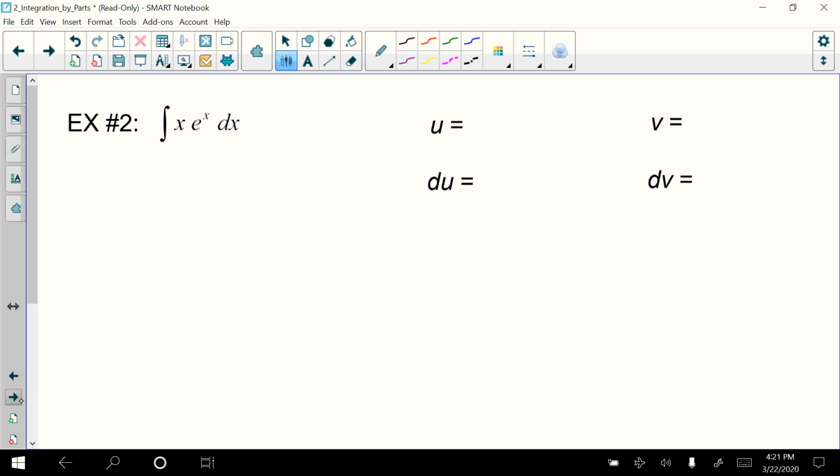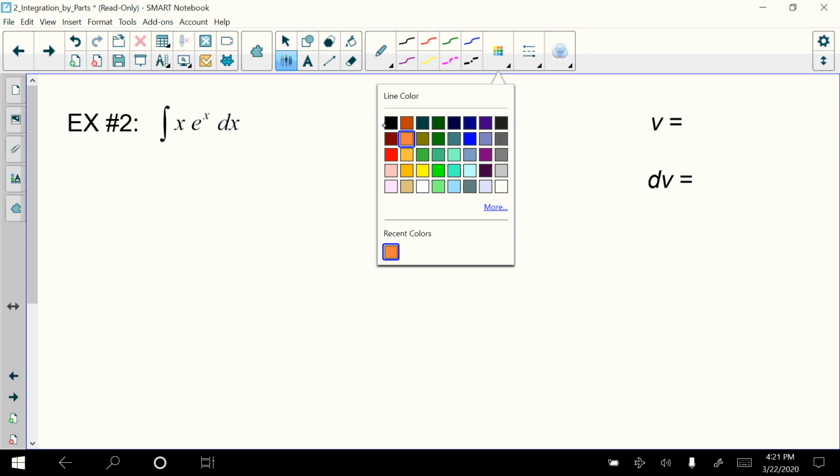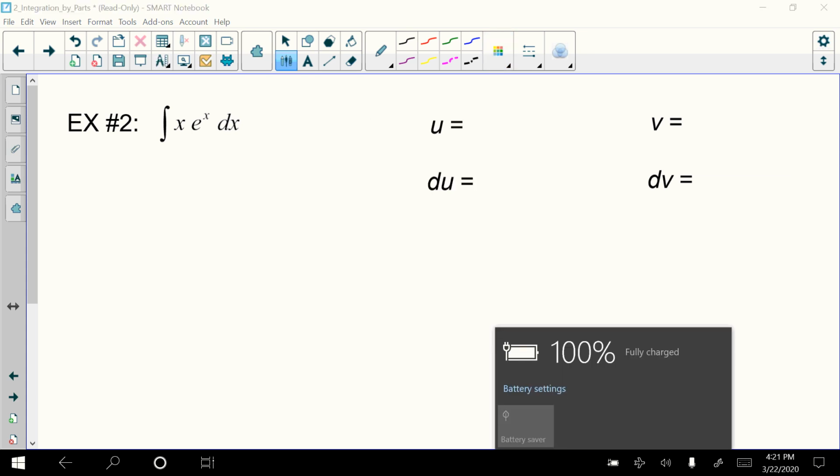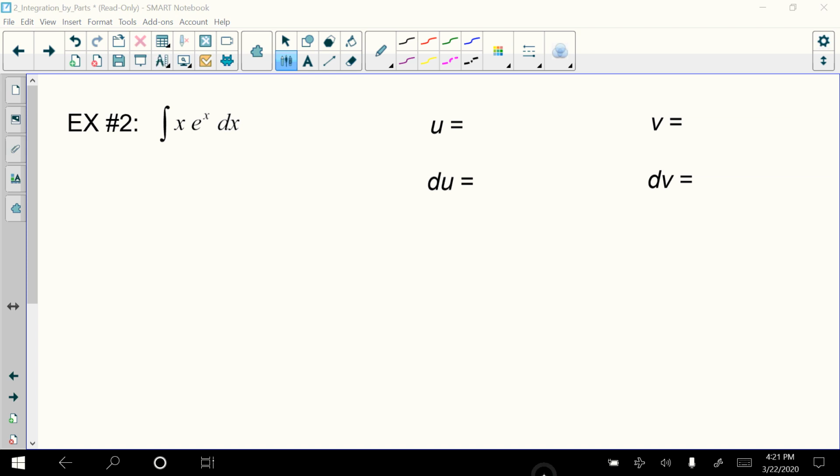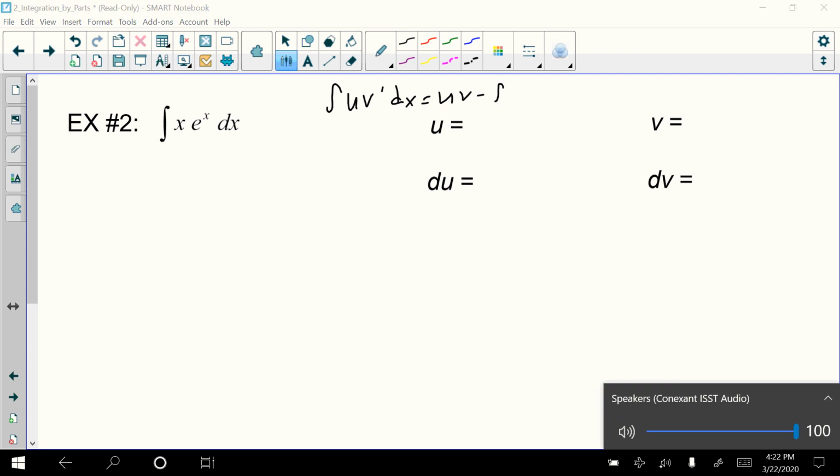Let me just go ahead and write the equation down here. Let's go ahead and go with black here. This is what our function is, the integral of u times v prime dx is equal to u times v minus the integral of